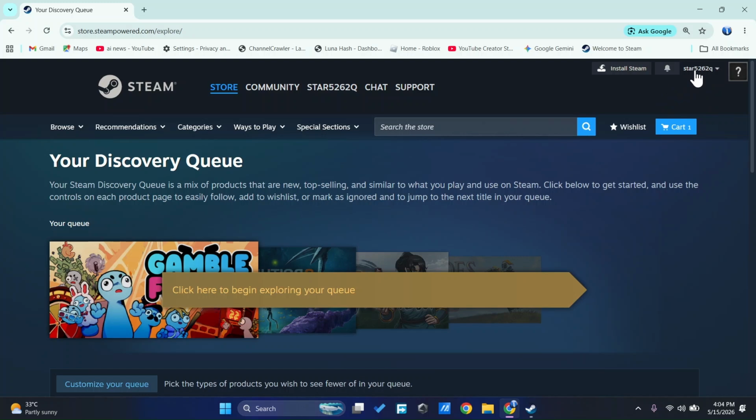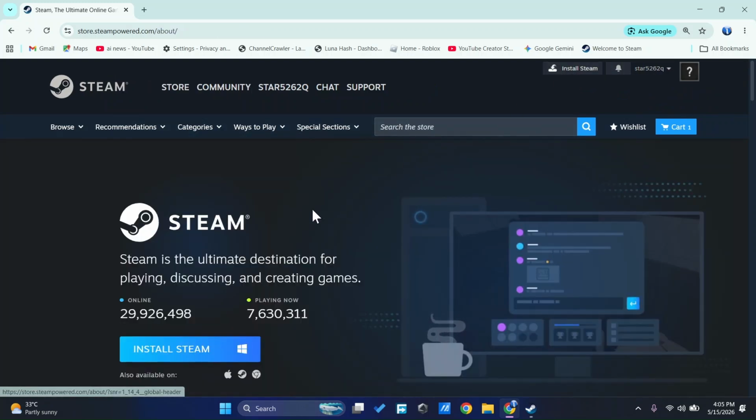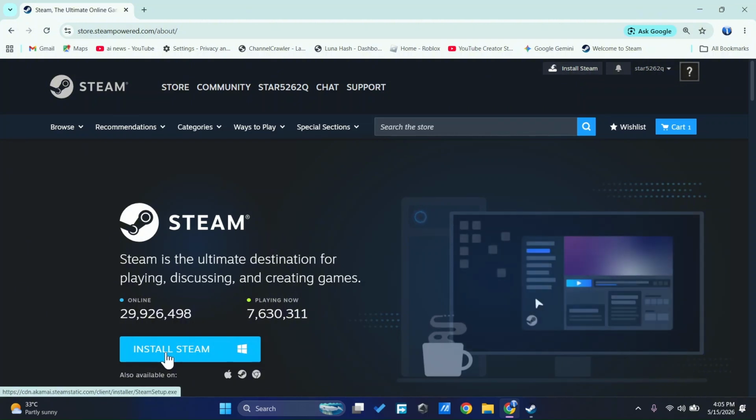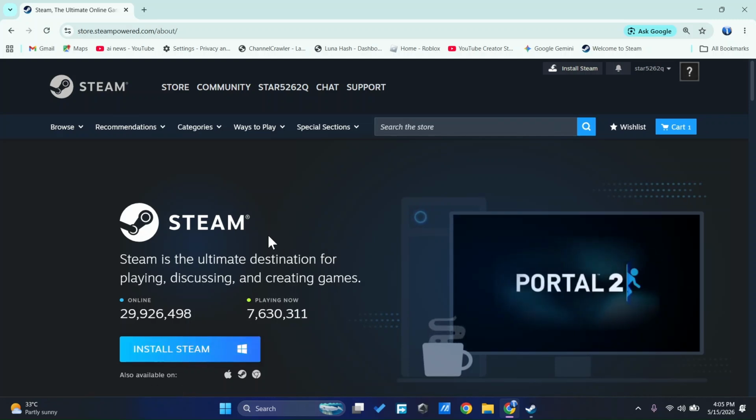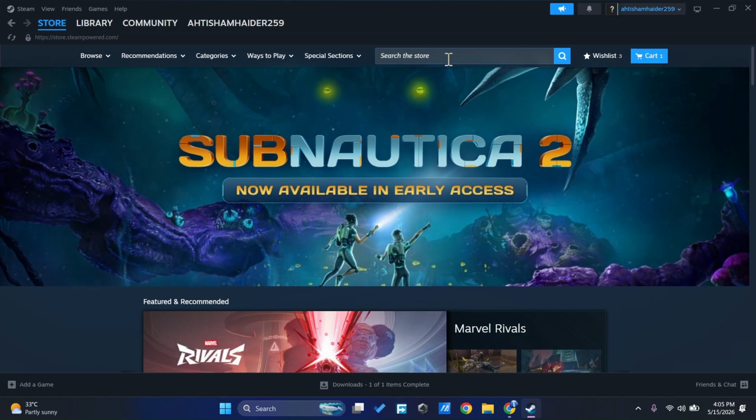After you create the Steam account, just click on the install Steam option you will see on the top, and after that just download and install Steam on your PC or Windows device. And after you install Steam, just open up Steam,